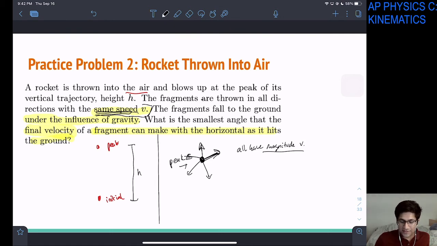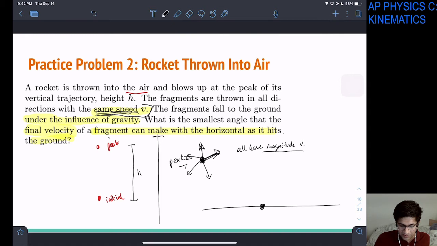Now we're trying to figure out what is the smallest angle that the final velocity of a fragment can make with the horizontal. So what this means is that, like I just said, at our peak, we launch a bunch of things at the same speed, all of them in different directions. When something falls and hits the ground, it'll have a certain velocity,